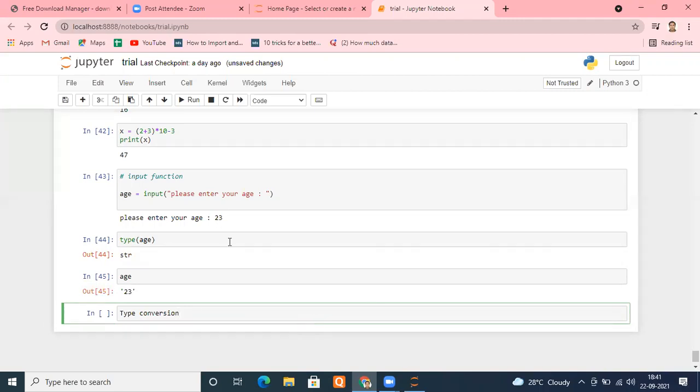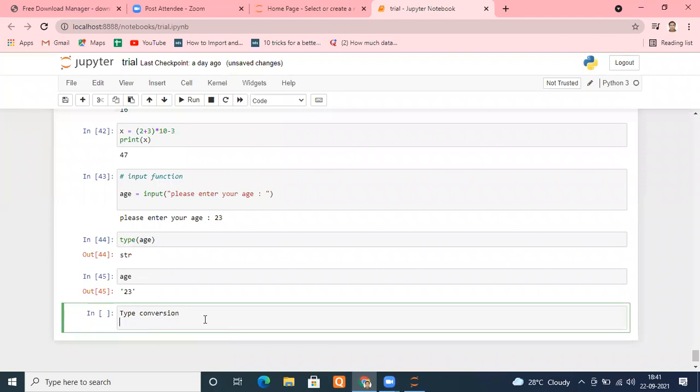Suppose what this age function will return, remember, age will return a string. But we do have an option to convert them into an integer, because age should be an integer number, a numeric number, right or wrong? Age is a number, a numeric digit. My age is a numeric data type, right? So it should be numeric. Why is it being used as a string? So there are options, and for that you can use certain functions like the int function.